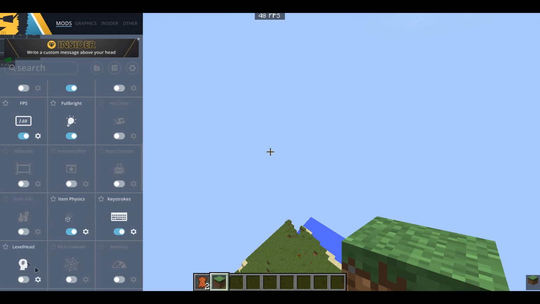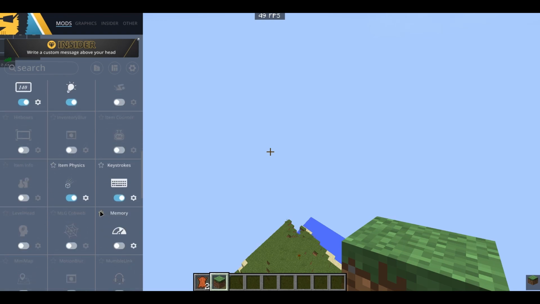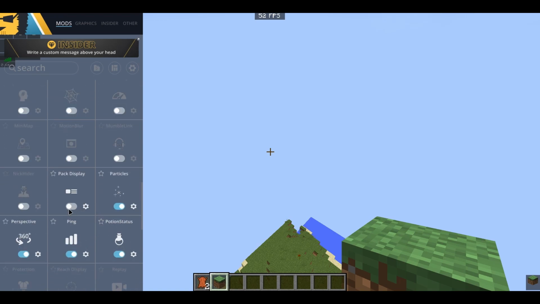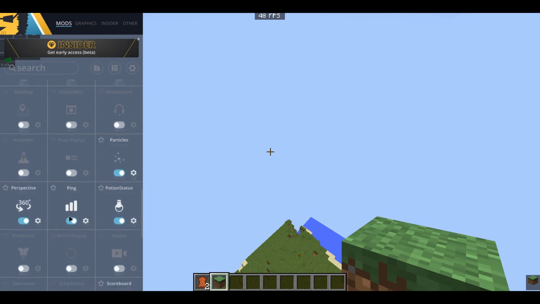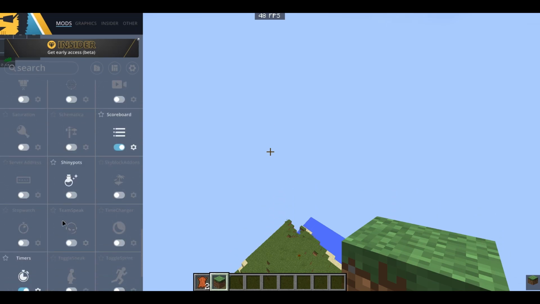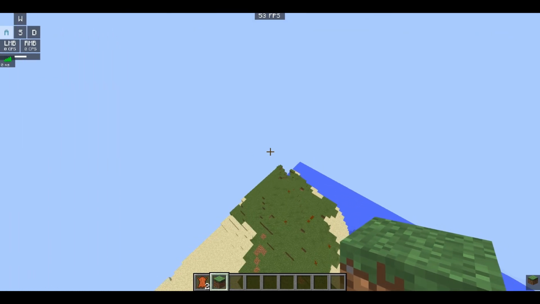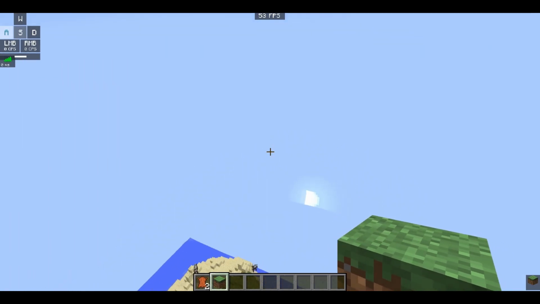These are all extra mods. I don't think many people use it. Pack display is used by many people. Yeah, there are a lot of mods. There are a lot of mods to be used,